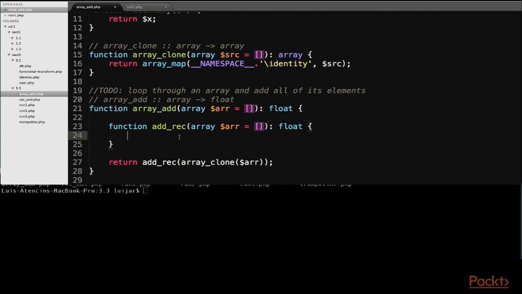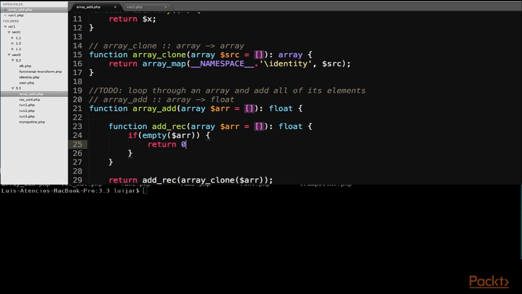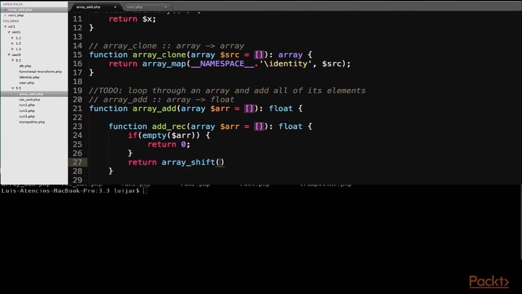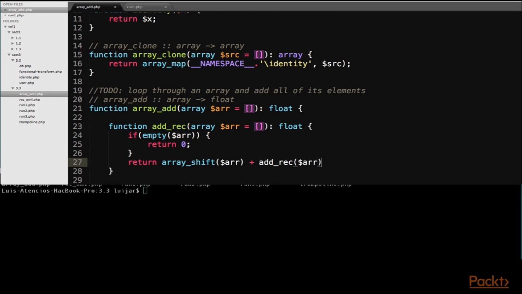So in the function rec, the first thing we're going to do is create our base case and then create our recursive case. The base case is that if the array is empty, we return 0. In other words, adding all the elements of an empty array is 0. Otherwise, we pop the elements out of the array, and we implement this concept that's used a lot in functional programming, this notion of a head and tail of the array. So we pop the first one out and add it to the recursive call of the rest of the elements